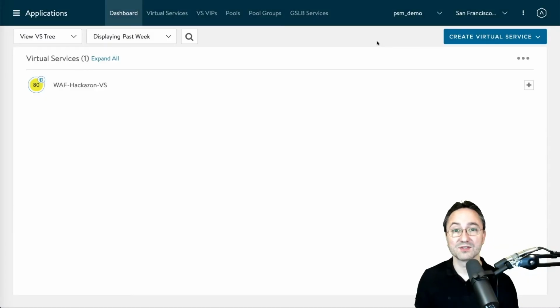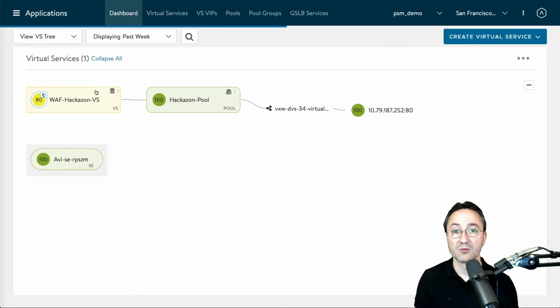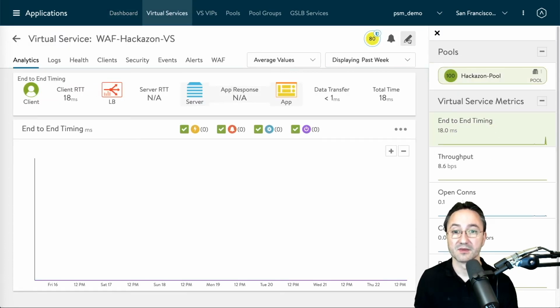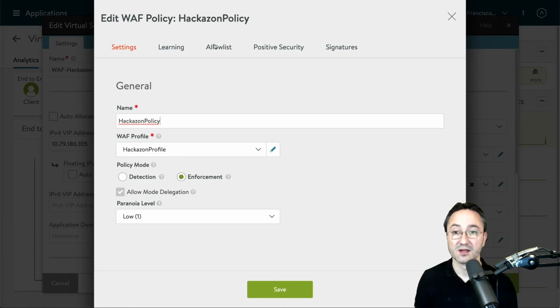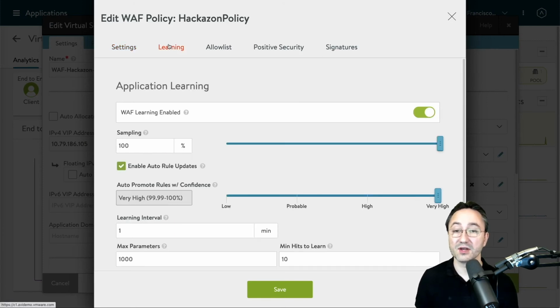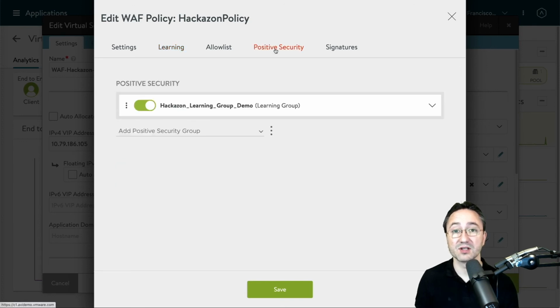Let me show how positive security and learning are configured. In our virtual service, we have an attached WAF policy. Within that WAF policy, we'll find the Learning tab and the Positive Security tab. The Learning tab contains all the information and configuration for the learning to work. And once that is enabled, the system will gather data from the incoming traffic. It will then calculate the confidence score, and once that's reached, it will program rules into the positive security learning